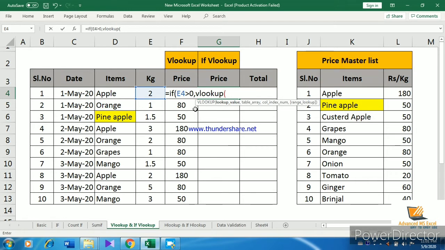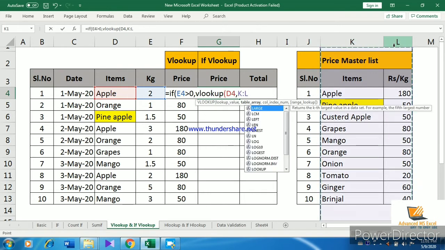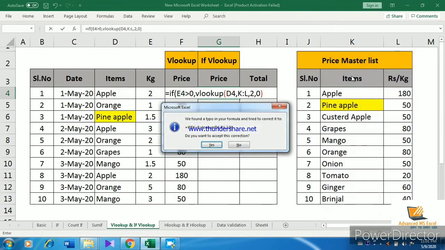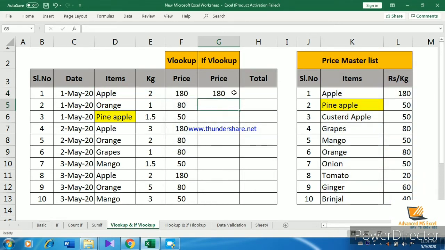Then the reference is the second column, so we put 2 and 0, and close it. 180 came.